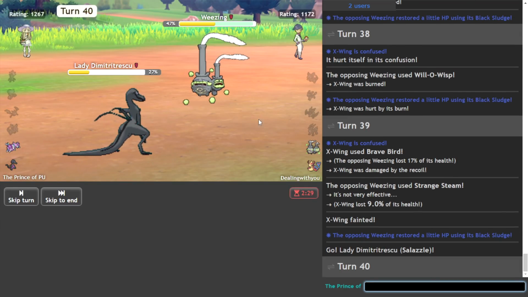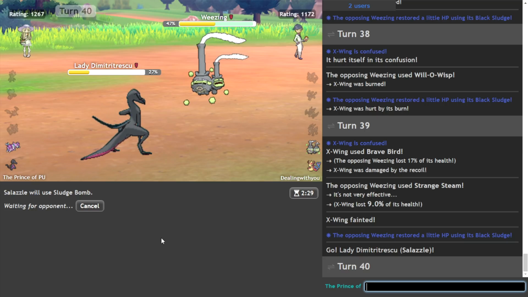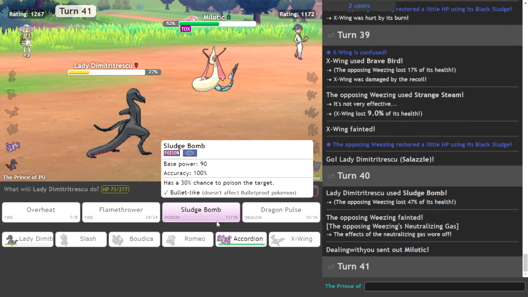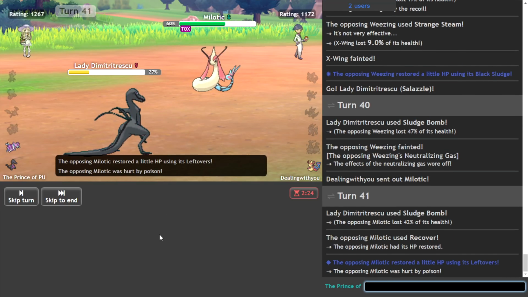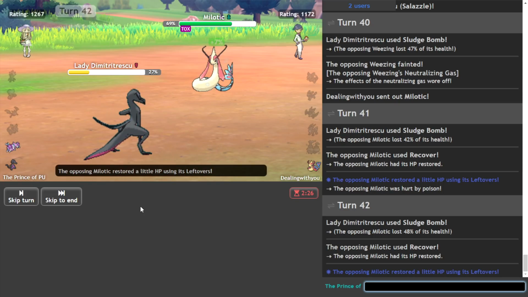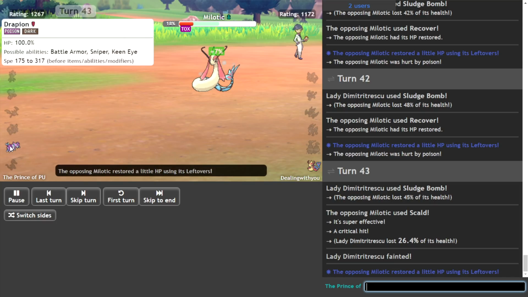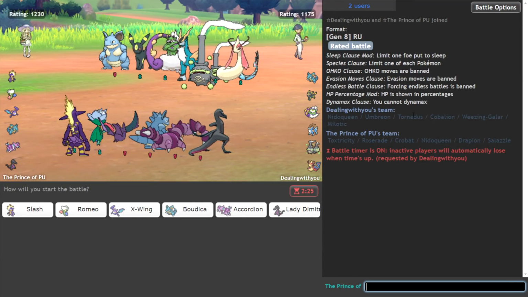I'll go back to this thing. And Sludge. That's it, that's all we need. Toxic Poison means he can't recover himself back up. Not enough anyway. Beautiful stuff. And obviously Drapion does take a couple of hits if it needs to. Painful ending. Good game. Okay, I thought I played this guy, but...